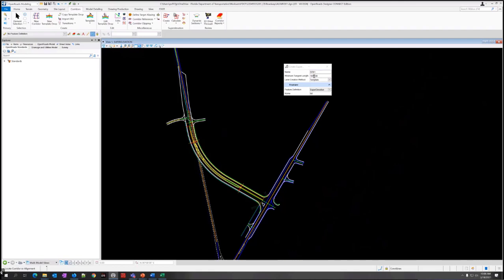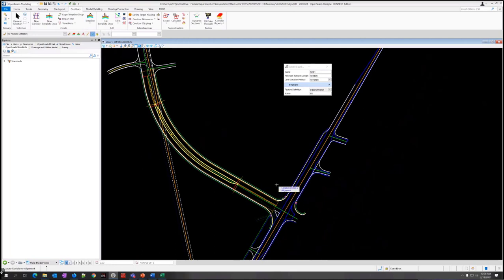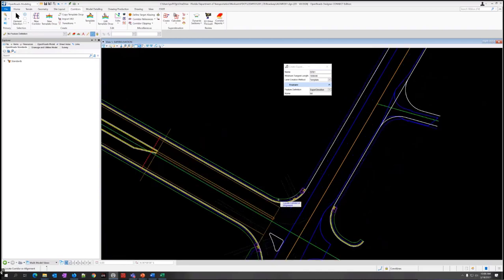So you can play with that number if you need to automatically split the sections for a corridor with multiple curves back to back, or even if they're spaced out a little bit, and this one's going to be designed a little bit differently. So you'd rather have different super elevation sections, you can certainly do that. And this will just make it a little bit easier to automate it if you set this accordingly. But for our purposes, we're just going to leave it at the default right now. We're going to select this corridor handle right here.